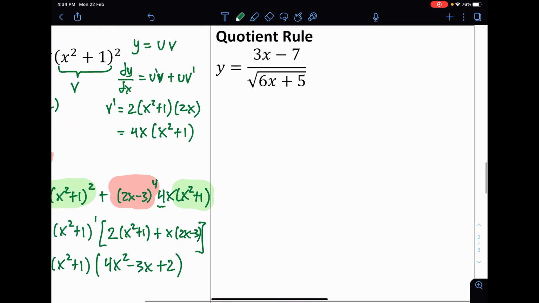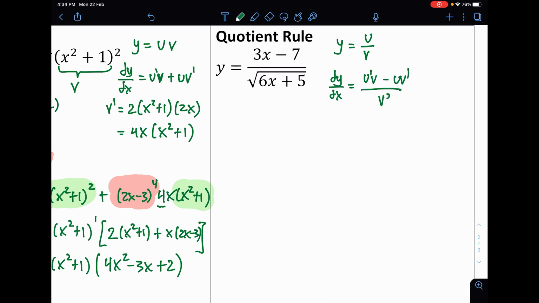Finally, quotient rule. This is when you need to divide, but again, you do not want to divide. Pretty similar to product rule. I like to put this down into a formula. dy/dx is u'v minus uv' divided by v². So let's do it directly. We don't need to prepare u and v every now and then.